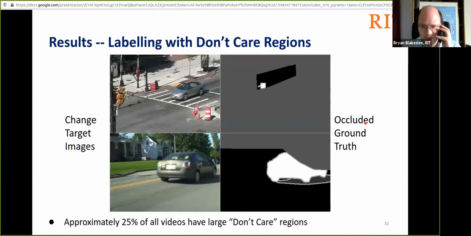And here we see some issues with the don't care regions. Approximately a quarter of all videos have these very large don't care regions. It leads to some issues with respect to how you label your targets of interest. The only really reasonable way to handle this is to set this field to a no change class.